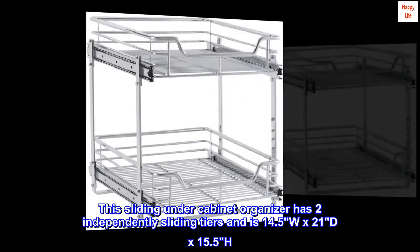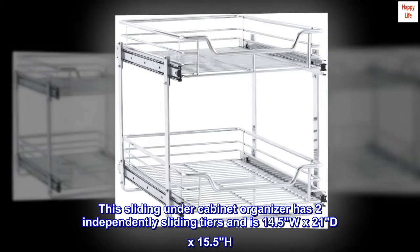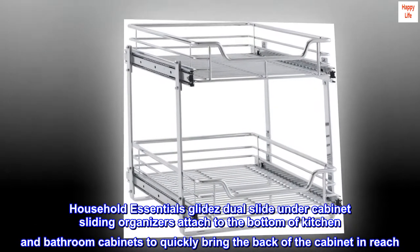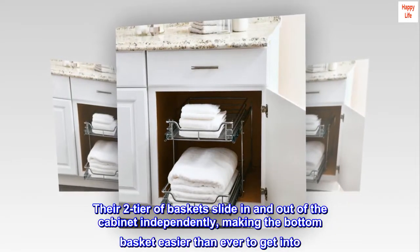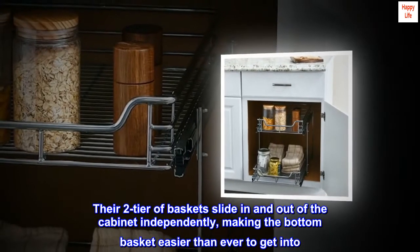This sliding under cabinet organizer has two independently sliding tiers and is 14.5 width by 21 depth by 15.5 height. Household Essentials Glidez dual slide under cabinet sliding organizers attach to the bottom of kitchen and bathroom cabinets to quickly bring the back of the cabinet in reach. Their two tiers of baskets slide in and out of the cabinet independently, making the bottom basket easier than ever to